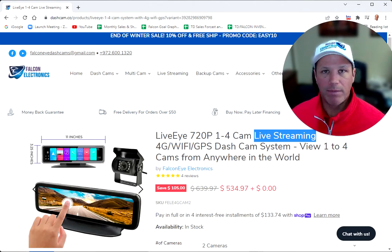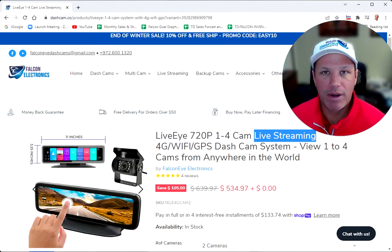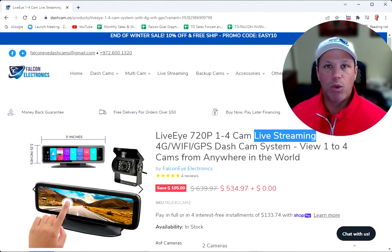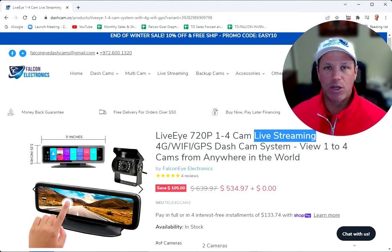You buy it up front. You get the full tax benefit, and then you never pay us a monthly fee. Now, there will be a monthly fee for the internet aspect that you provide if you decide to. You might decide that you don't want internet or you don't need it. But if you decide to, you can add internet in your vehicle or to the camera system, and the system